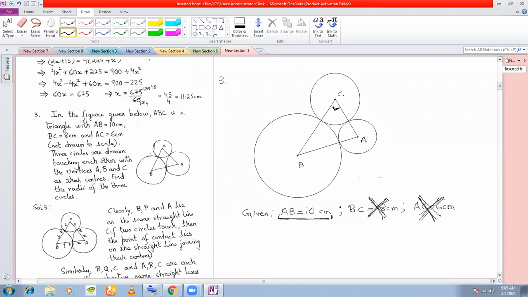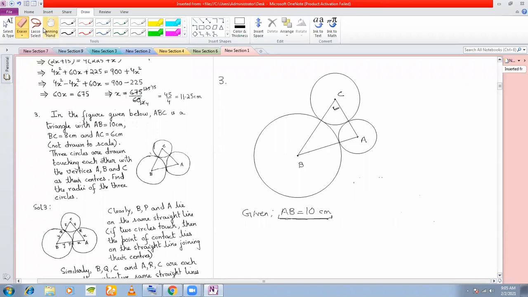How? Once you know that AB is equal to 10 and this is a right angle triangle, then easily you can say that since 6, 8, and 10 form a Pythagorean triplet, BC can be 8 or 6, and AC can be 8 or 6. Then you can assume BC to be 8 and AC to be 6, or you can assume the other way also, AC to be 8 and BC to be 6, and proceed. So if this one more piece of information is given to you, you could easily solve this problem.